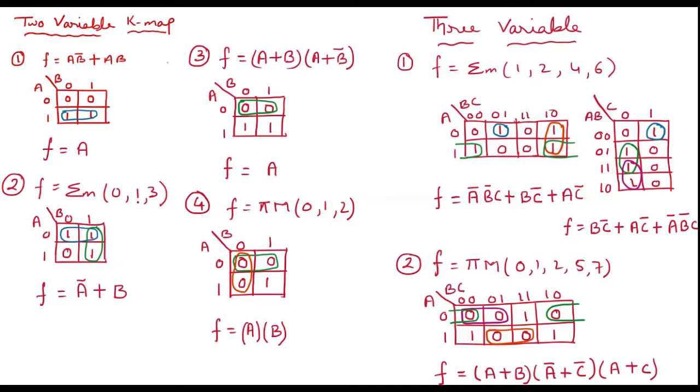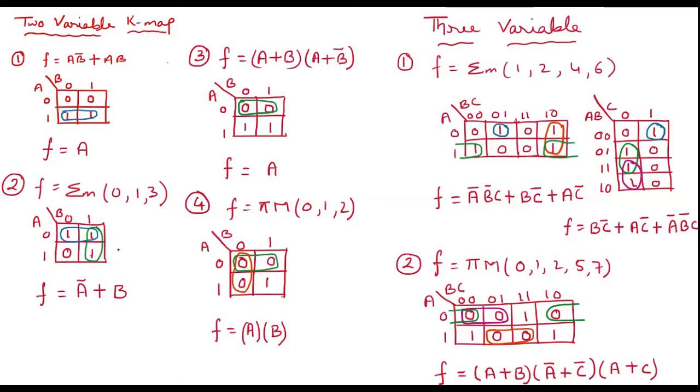How to put the values over here? 0 means 0 0, right? So A is 0, B is 0. So this is 1. 1 means 0 1. So A is 0 and B is 1. So this box. So I've written 1 over here, that is the min term, and then it's 3. 3 means 1 1. So A should be 1, B should be 1. If I draw a line in this way, from this one and this one, it will cross over here. So this is the box. So I'll give 1 over here.